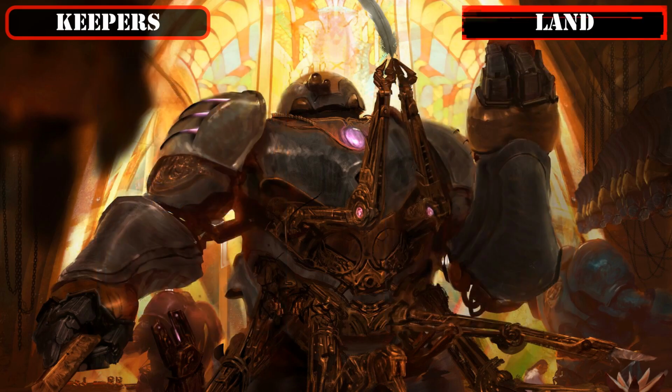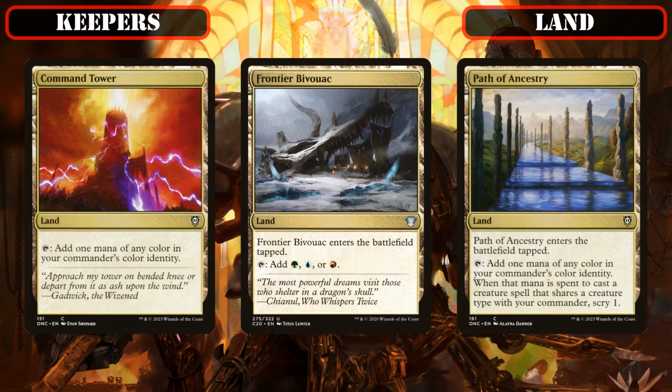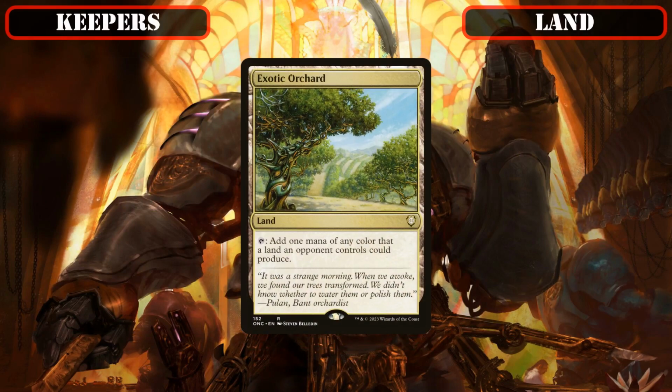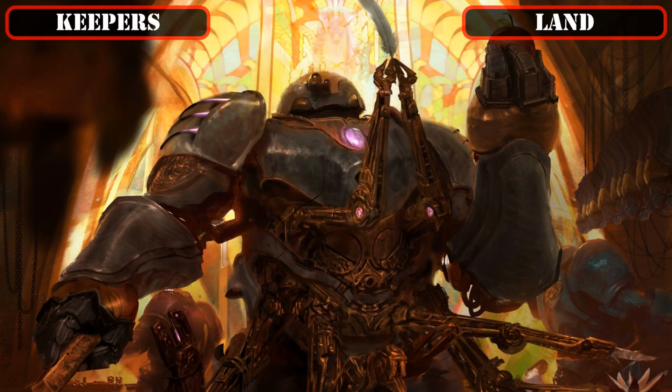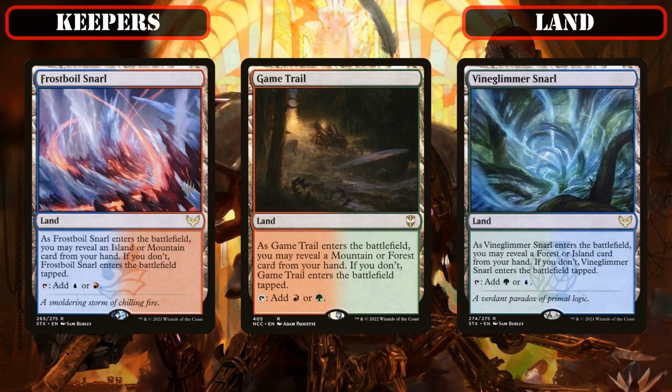And finally, reaching our land-based carryovers, we'll start off with our kept mana lands, in which Command Tower, Frontier Bivouac, and Path of Ancestry will all be staying in as lands that tap for all our colors, Exotic Orchard retaining its spot as it can generally tap for most of our colors off our opponent's lands while coming into play untapped, the Reveal lands Frostboil Snarl, Game Trail, and Vine Glimmer Snarl all carrying over as dual lands that tend